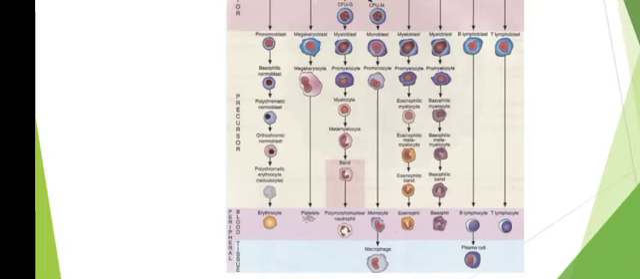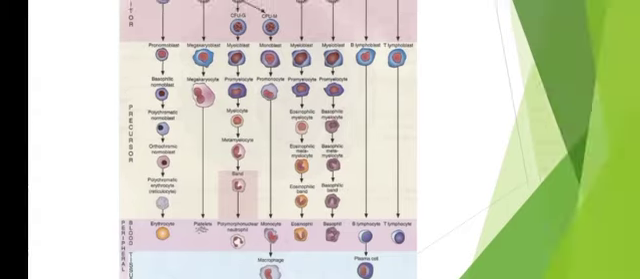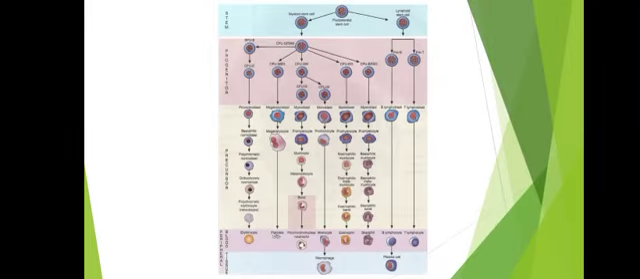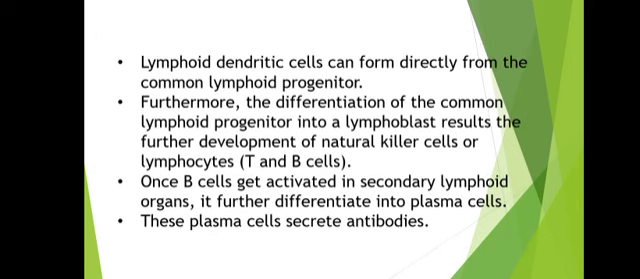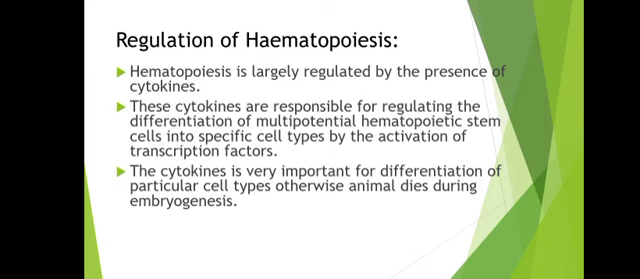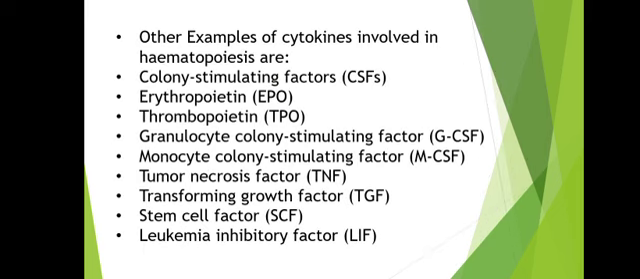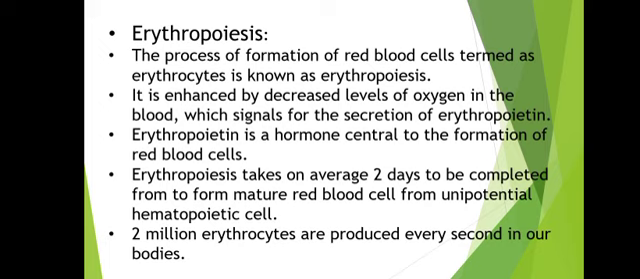Then we will go through the process of hematopoiesis. There are different types of cells which are formed from the hematopoietic stem cell. Based on that, different types of processes occur. Firstly, erythropoiesis, which is the formation of red blood cells from the hematopoietic stem cell. It is enhanced by a decreased level of oxygen in the blood, which signals for the secretion of